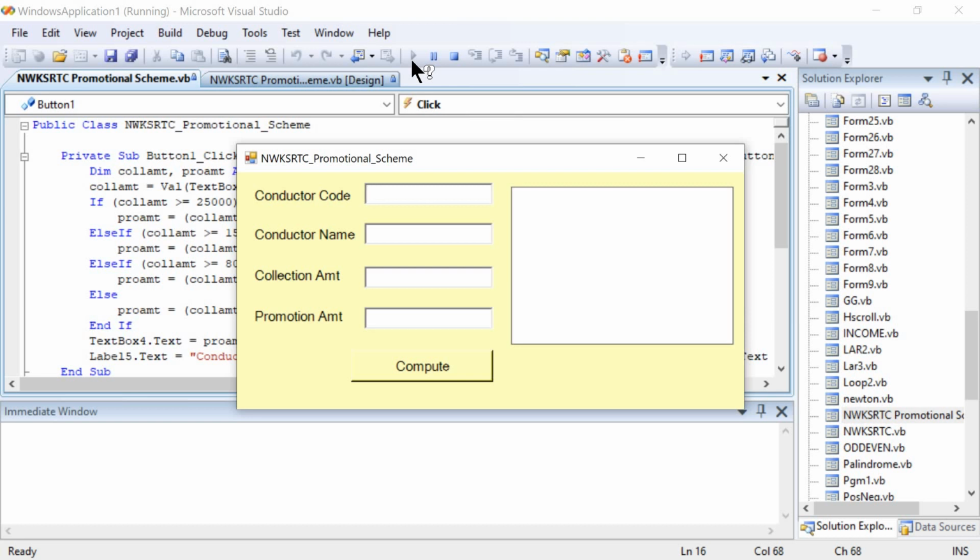Name, but first the code we have to enter right now. Next comes the name, collection amount. Let's take here 30,000. Then click on Compute. Okay.